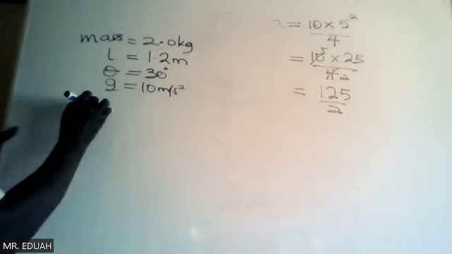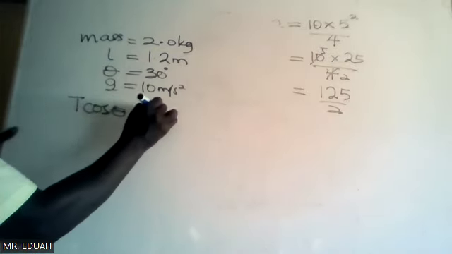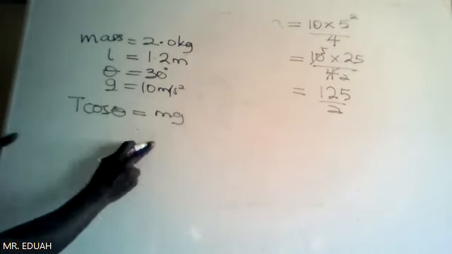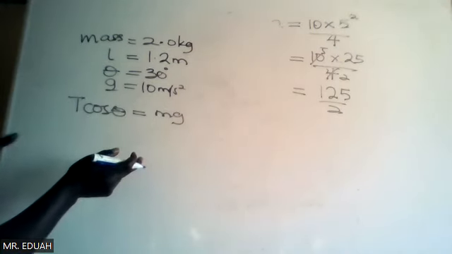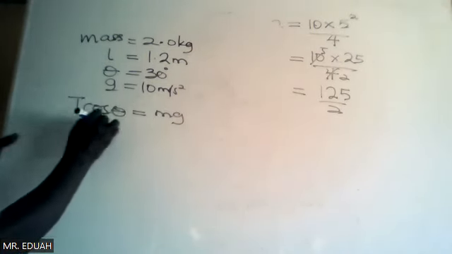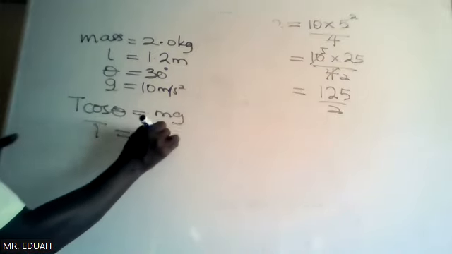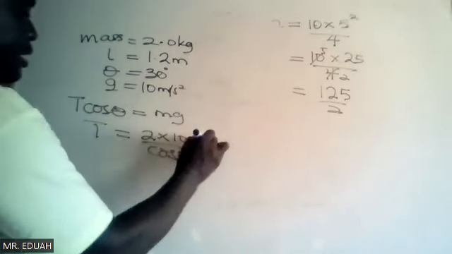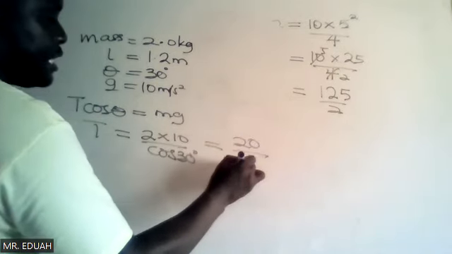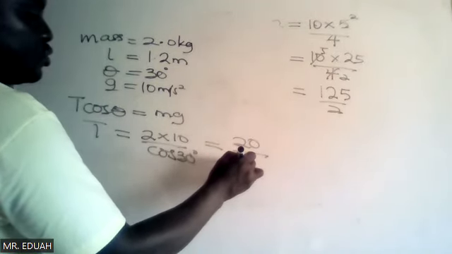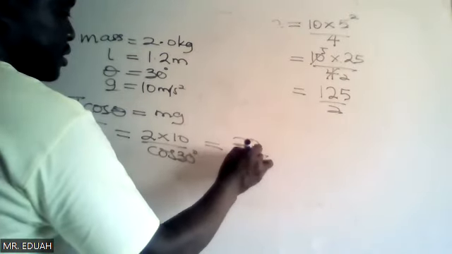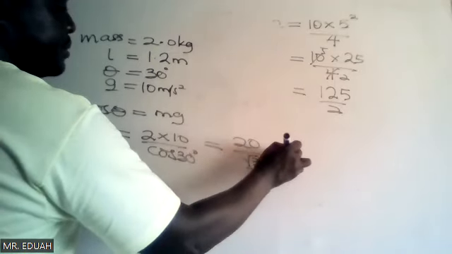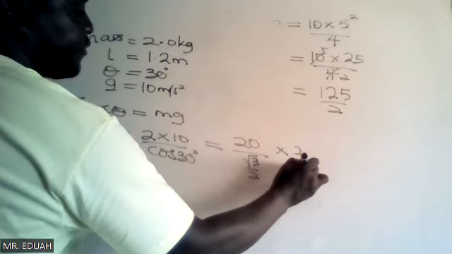For the tension, T cos theta is equal to mg. Once I know theta and the mass, I can easily find the tension. So T is 2 times 10 divided by cos of 30 degrees. This is 20 divided by root 3 on 2, so this is times 2 on root 3,